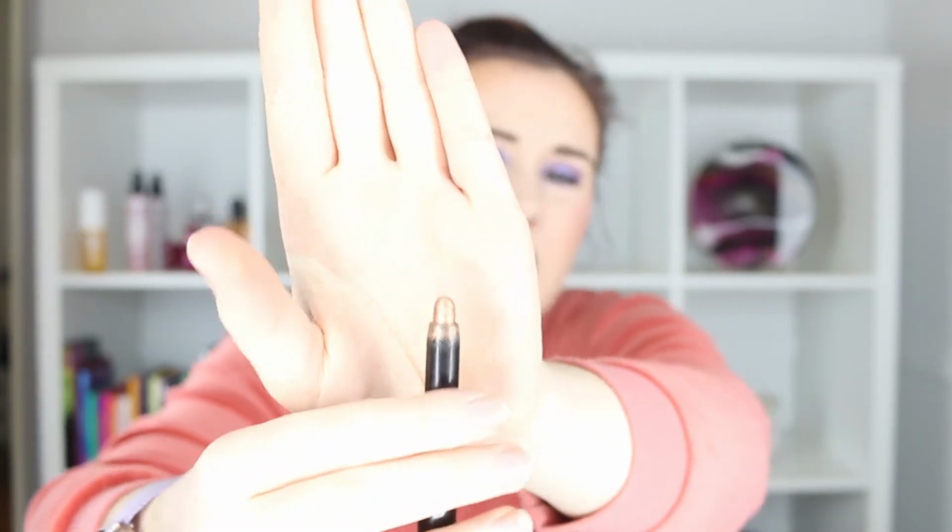It's just down to this, a little bit bigger than a little nubbin, but I definitely feel like I've used maybe about a quarter of it compared to what it was last month. So I think if I continue to use this one the way I am, on a daily basis, I'll get through it. But if I continue to use this on a daily basis, I'm definitely going to be neglecting the shimmer shades in my